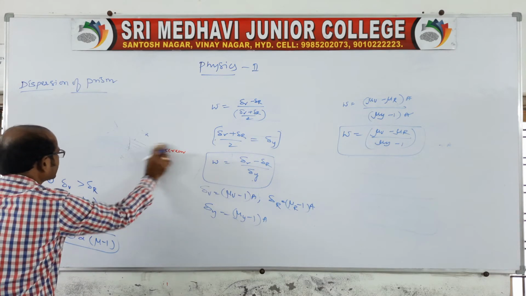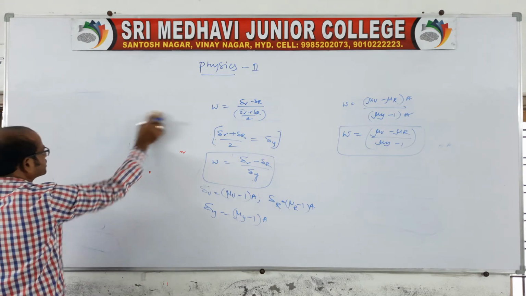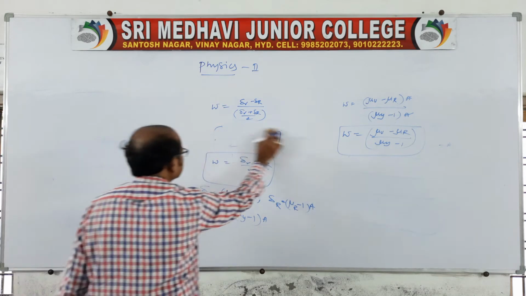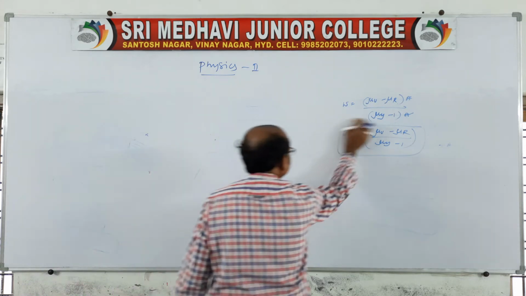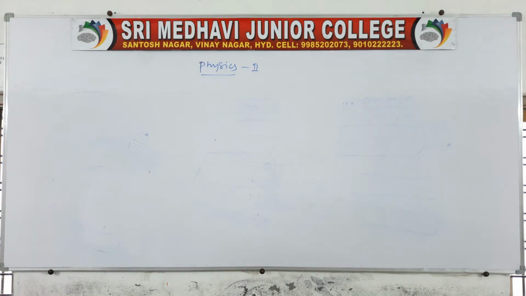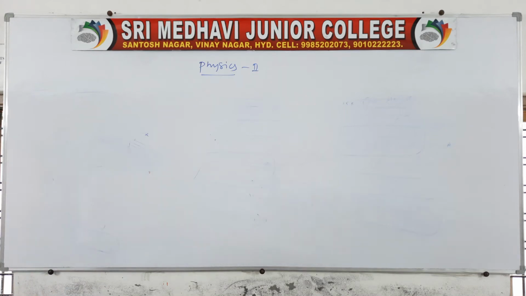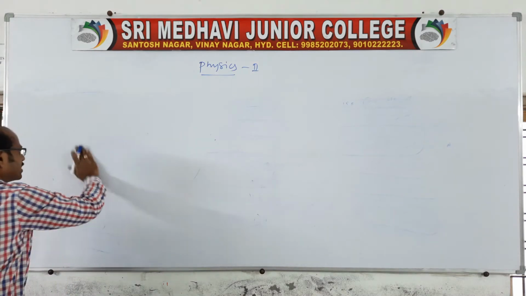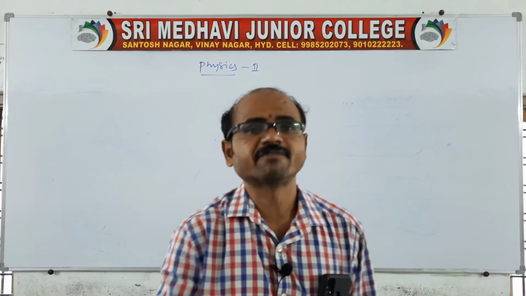On this basis only, again, there are combinations of prisms. Suppose there is an achromatic prism. Sir, what is meant by achromatic? I'll tell you. Achromatic in the sense is, if two prisms are joined together, deviation without dispersion. So the deviation will be there, but without dispersion; that we can call achromatic. Remember, we get the deviation but do not get the dispersion. Dispersion in the sense is that we do not get the 7 colors.